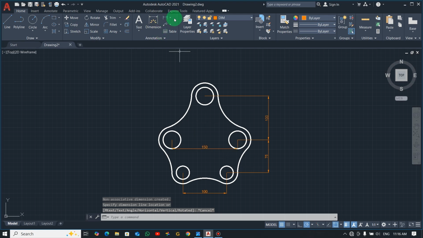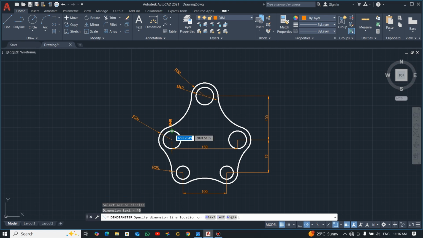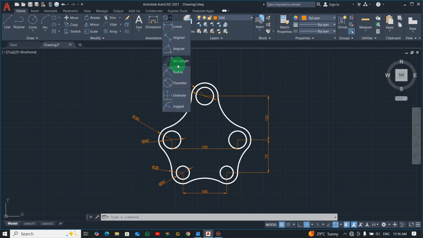Now let's deal with the circles, the arc, and the radius. So this is 30, this is also 30. So I will not dimension the other one because they are the same. Now let's choose the diameter. This diameter is 40. This diameter is also 40. And diameter of this one is also 30. Okay, so the same thing is here, so I will leave it as it is, and then dimension this radius